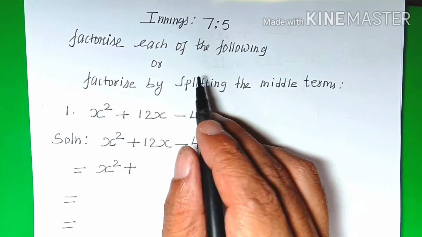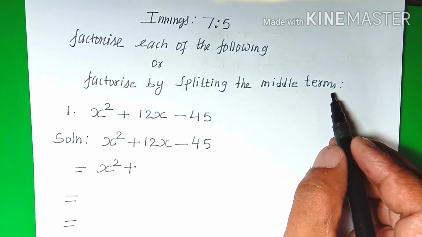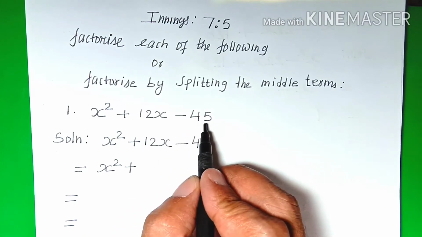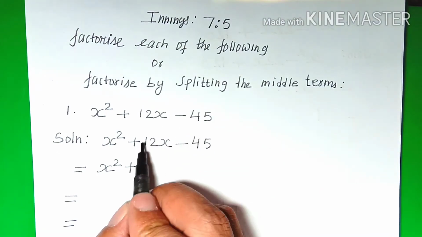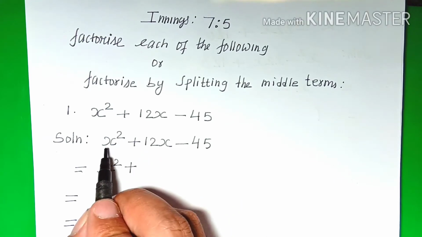7.5 Factorize each of the following. Here we'll have to split the middle term. We have here x squared plus 12x minus 45. To split the middle term here, that is 12, the first step is you'll have to